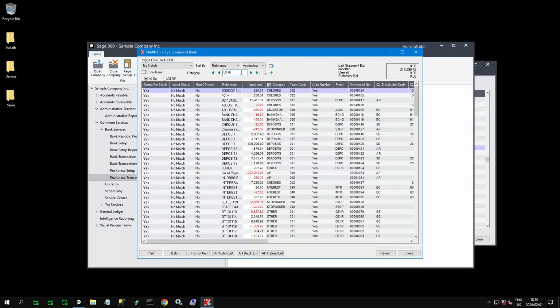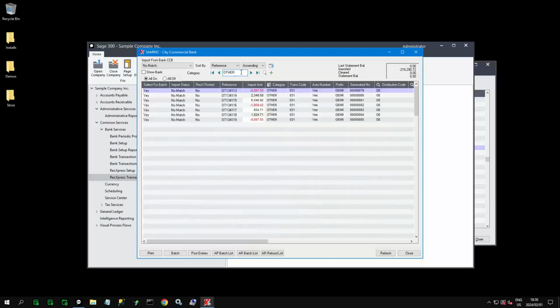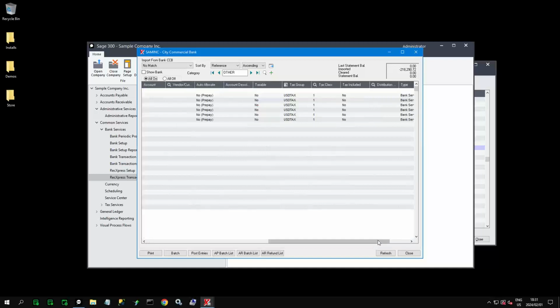And then what I'm going to do is I'm going to specify the category other. And in the category other, you will see that we have multiple payments with a reference of OT, and then obviously the numbers afterwards are changing from 113, 114, etc. So I want to create a rule for all these payments. And like I said, the quickest way to do this is in category other. So first what I'm going to do,